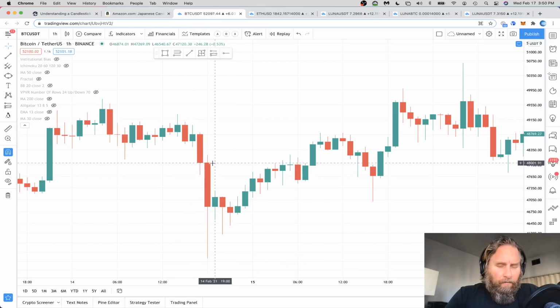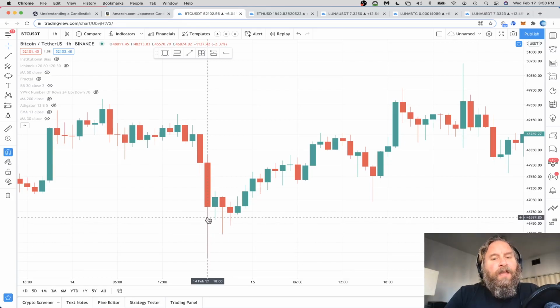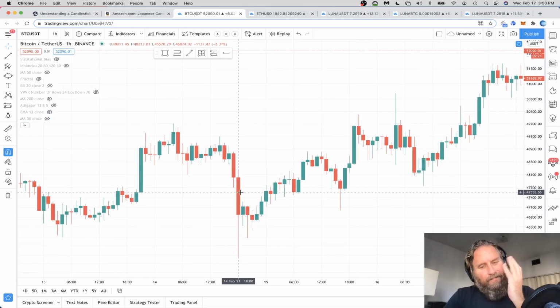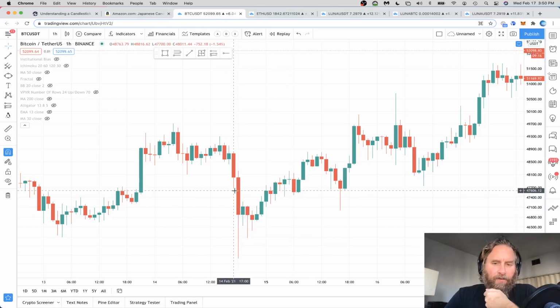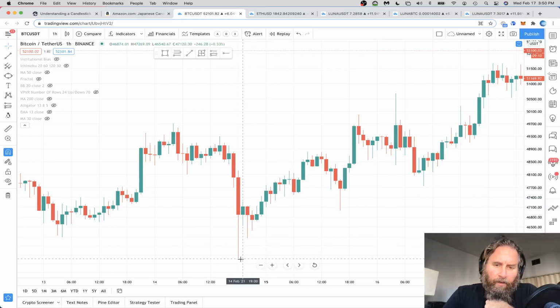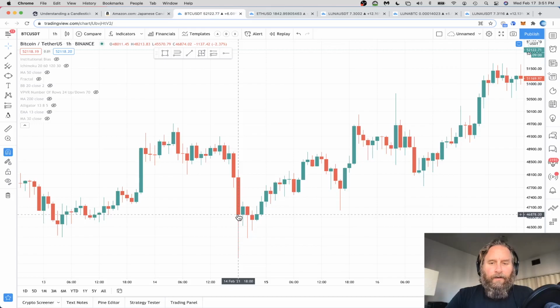But again, the candle opened here. It ranged during that hour. At some point, it went all the way down to here, but then it closed up here. Now, why do I view this candle as slightly bullish? Because first of all, it's a big red candle. Well, here's why. This tail here represents the fact that people were selling it out. People were like, I'm bailing, or people were getting liquidated on their leveraged longs,